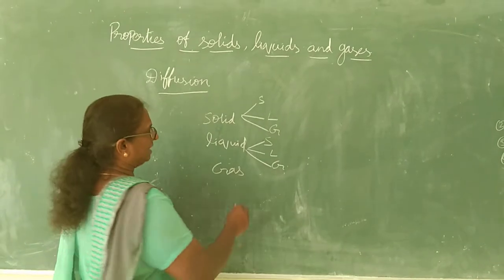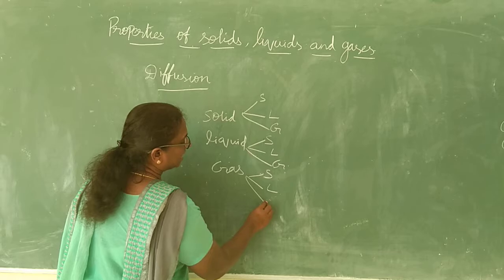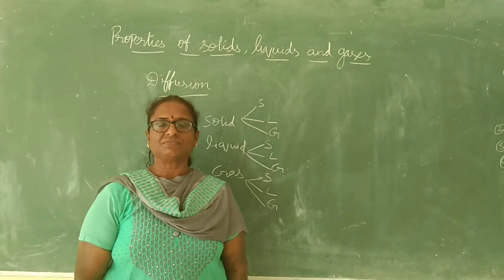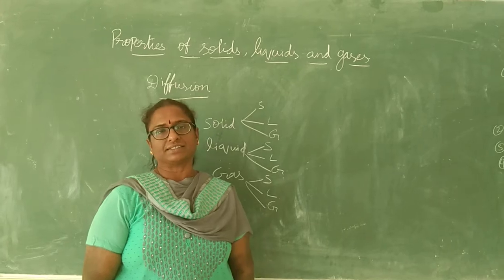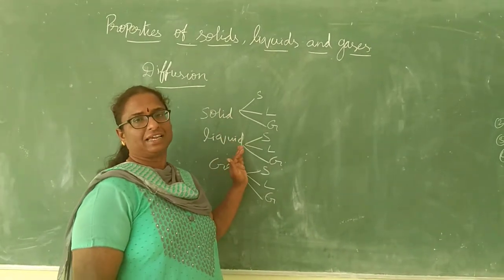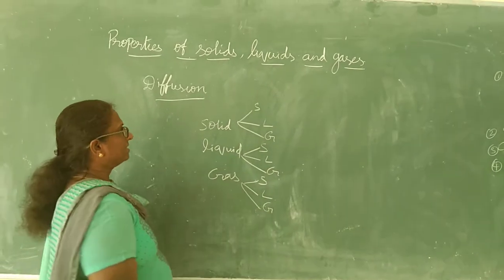And gas in solid we have already seen, gas in liquid we have seen, gas in gas. The best example is air itself. Air is a mixture of gases. These are the examples for the diffusion of solid, liquid and gases. And now the next one is